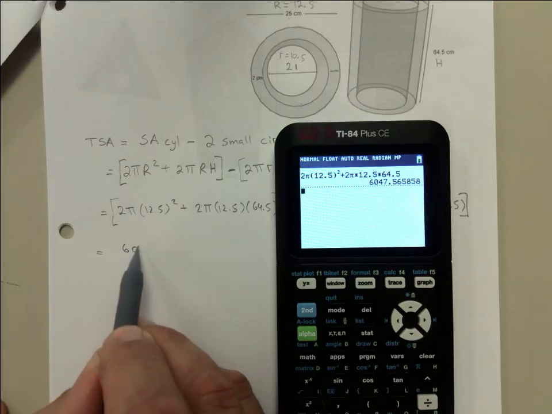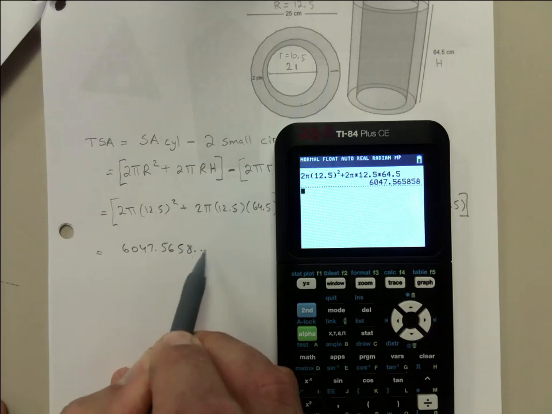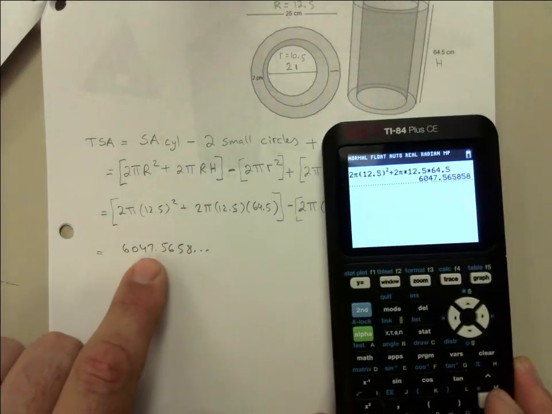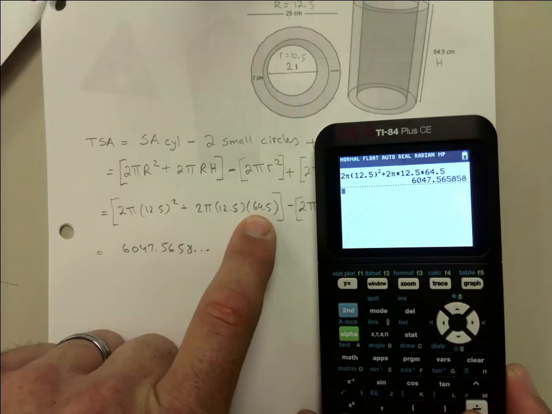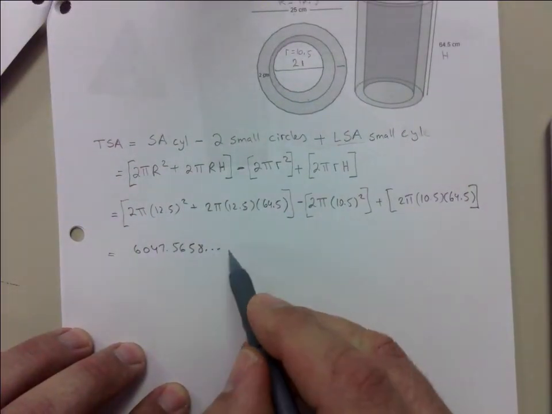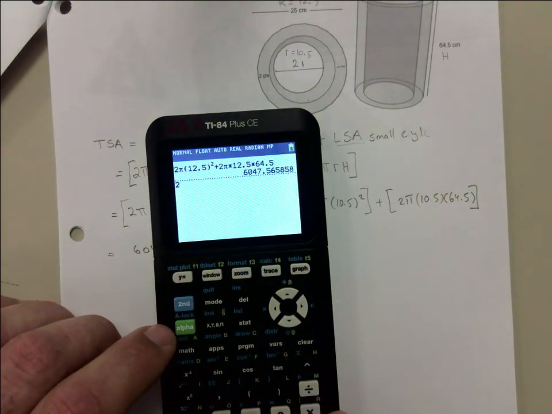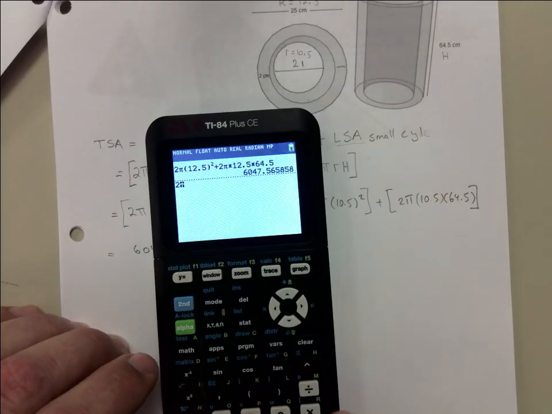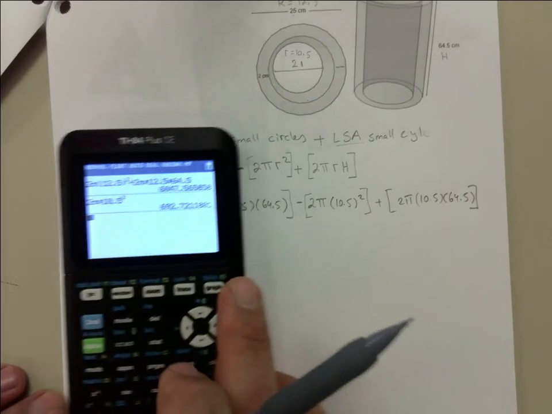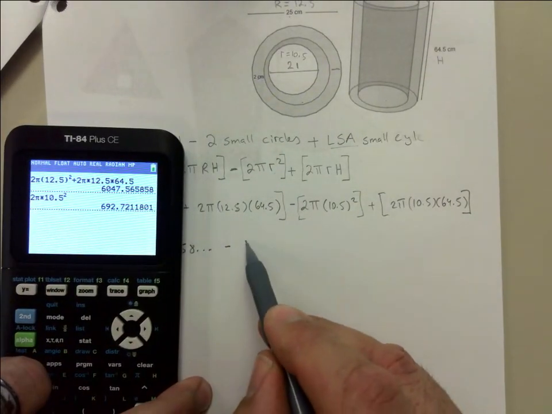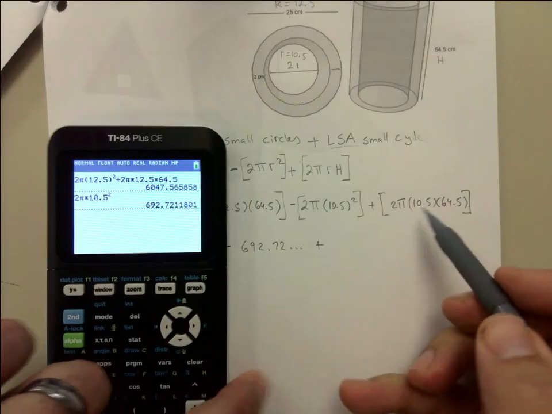So that's 6,047.5658. Do not round, okay? So that's this part. Okay? Minus this part right here, 2 pi times 10.5 squared. Okay, so that's 692.72 something, plus that last part,